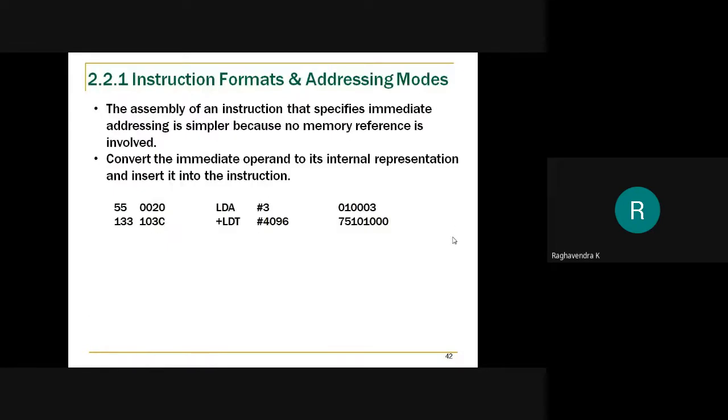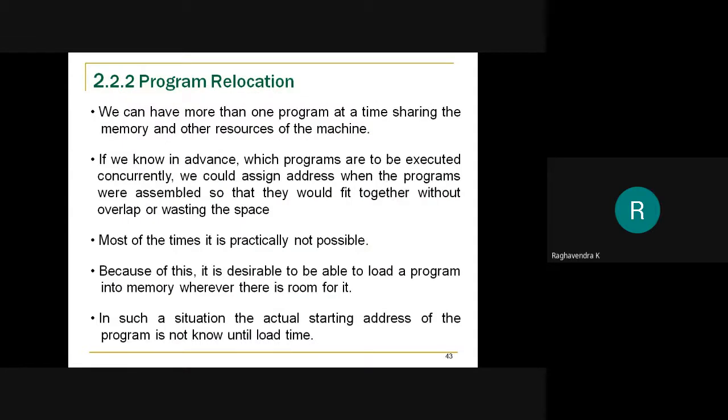So in the machine dependent features of assembler, we looked into two aspects. One of the aspects was how the process of assembly varies when instruction formats and addressing modes change. We saw that the process of assembly was completely different, since the SIC/XE machine had different instruction formats and different addressing modes. I hope you have followed the process of generating the object program for SIC/XE. And then we discussed the concept of program relocation.